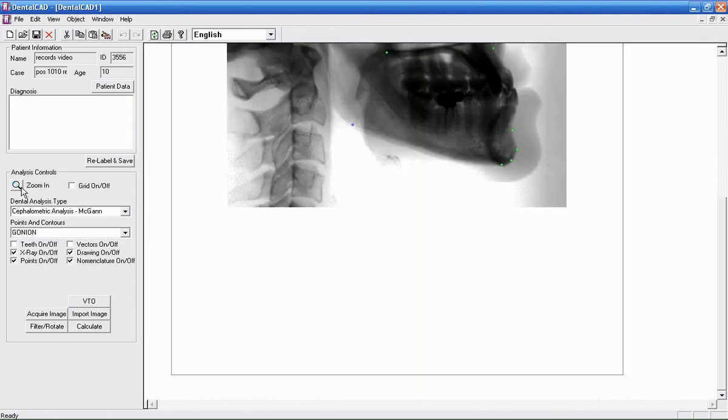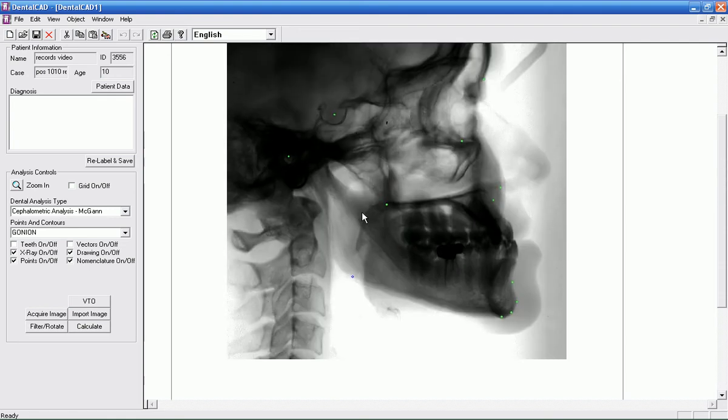Okay, I'm going to zoom out because I need a little bit more perspective here. All right, next point is articulare, and that's right where these two bones intersect here. I can't see the condyle very well, but it's not so important on some of these cases. I could change the filter, but that just takes time going back and forth. Tip of the nose,